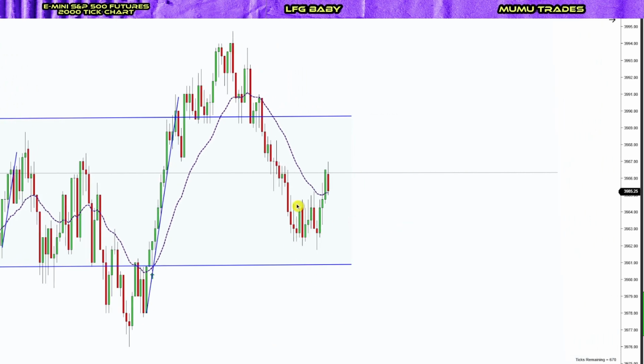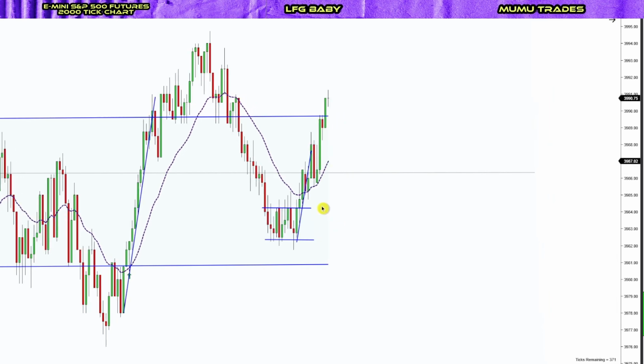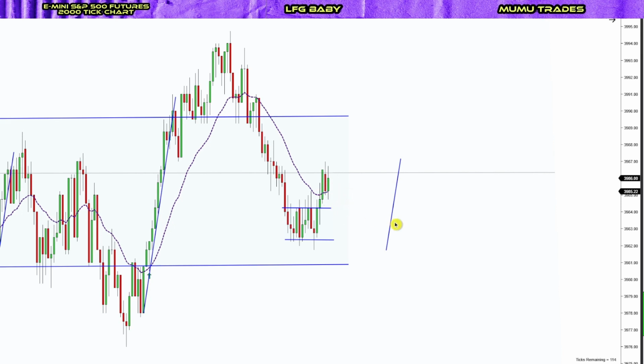So no entries here, more congestion. We have a short-term uptrend. I really don't see anything you can enter on. Maybe this higher low. Honestly, I'm going to mark that as a high probability trade because